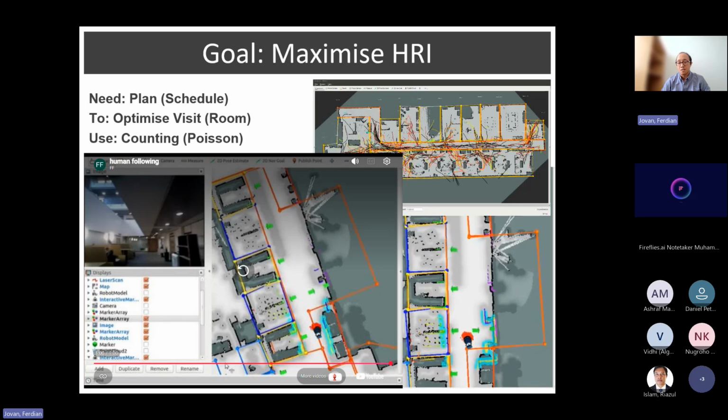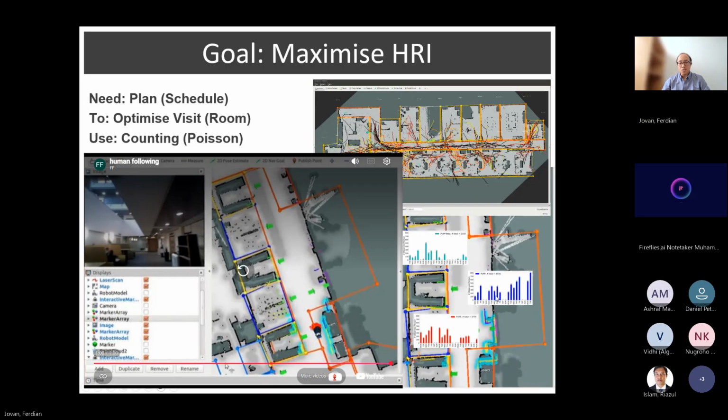Definitely at the very beginning, this kind of robot will randomly patrol around, go to any place, but after a couple of days it will gather enough information, like this graph here, to know the distribution of people occupancy over time in various places.